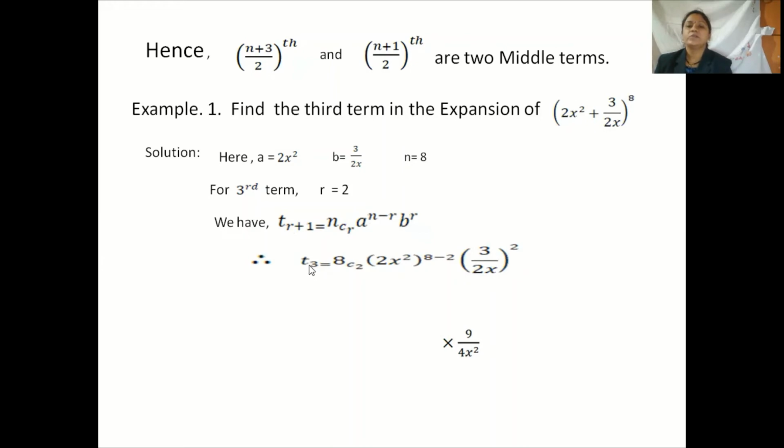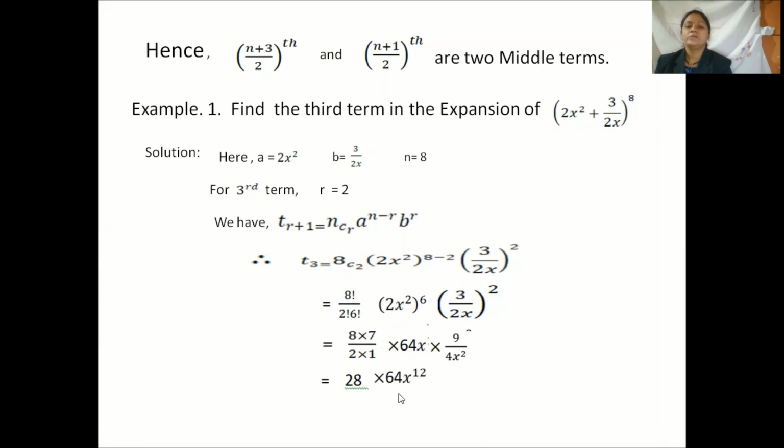Therefore, tr plus 1, that means third term find out करायची आपल्याला. t3 is equal to, substitute करूया values, n 8, C r ची व्हॅल्यू 2, a ची व्हॅल्यू 2x square, substitute केली, raised to n minus r, that is 8 minus 2, b raised to r, that means 2, (3 upon 2x) raised to 2, is equal to 8C2, that means 8 factorial upon 2 factorial, 6 factorial into (2x square) raised to 8 minus 2, 6, into (3 upon 2x) square, is equal to 8 factorial, 8 into 7 upon 2 into 1, 6 फॅक्टरची टर्म आहे ती आपण न्यूमरेटरच्या 8 फॅक्टरच्या टर्म मधून कॅन्सल केली, into 64 x raised to 12 into 3 raised to square 9, 2 raised to 2 4, x square, is equal to